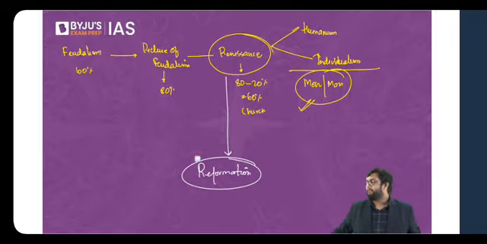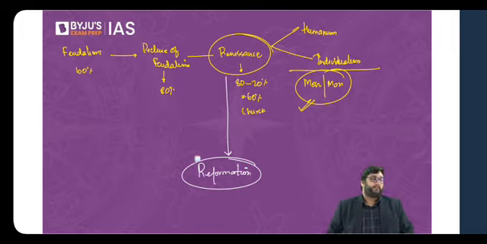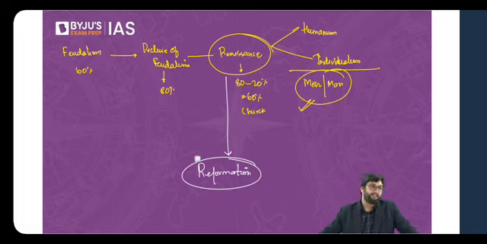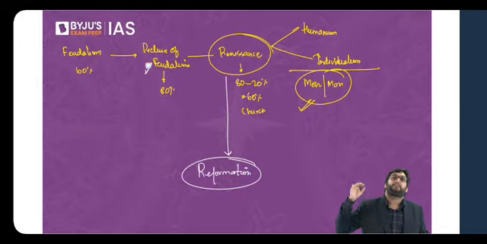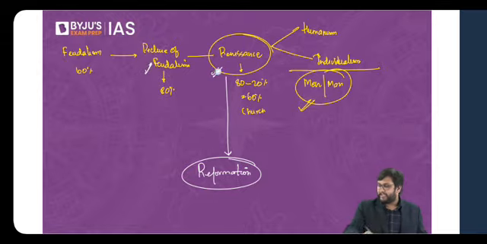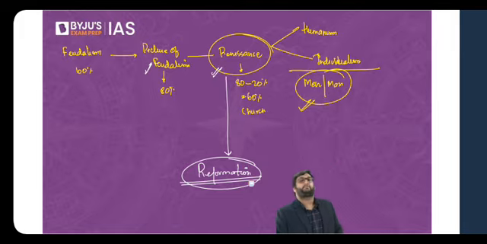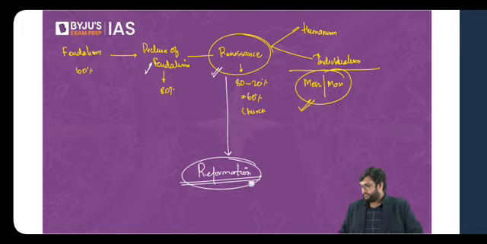Now, to very simply put it, what the Reformation basically is, is the Bhakti movement of Christianity. If you understand this, good enough, but I'll elaborate it for you. Bhakti movement means that Christianity never remained the same after Reformation. Whilst this was an outside force which changed it, this was again an outside force which changed it. Reformation happened from within. Let's try to understand what then is Reformation.